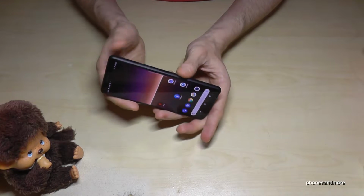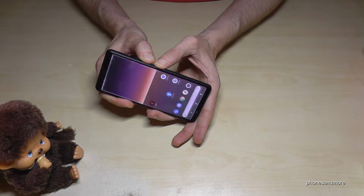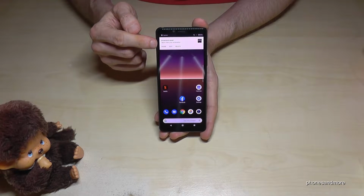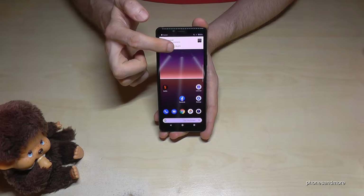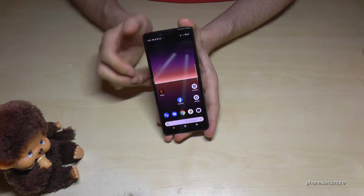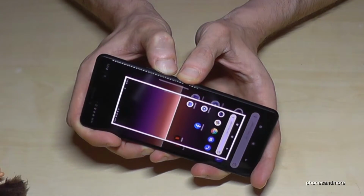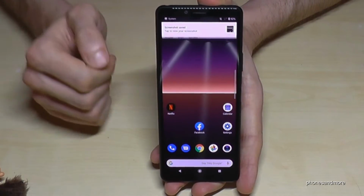So if you press both buttons at the same time and hold them, you will have a screenshot. After that you can share it directly, edit it directly, or if it's trash, you can just delete it. So one more time, the power button and the volume down button, hold them until you see that here,